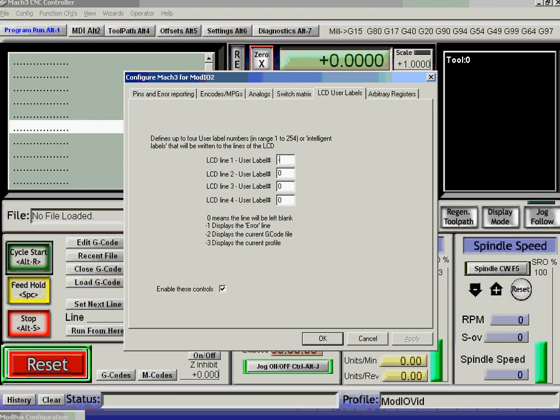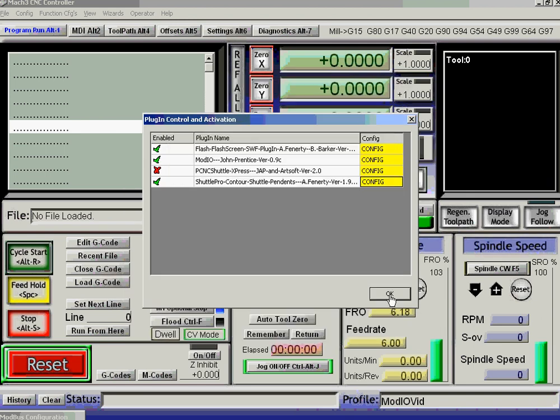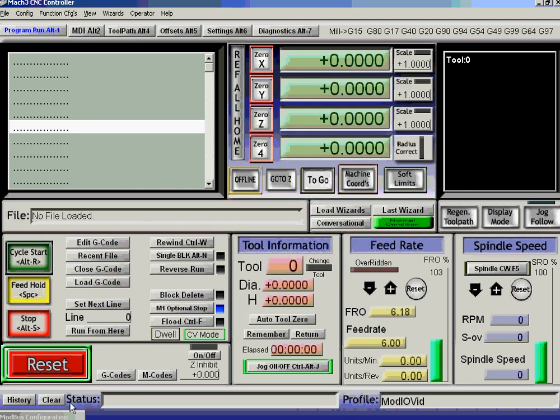So the first line of the LCD, if I type the value -1 in there and go out of it, well, currently the error line is blank, but if I do a reset, it says E-stop button pressed, and the LCD on the modIO, you can't read it, but I can assure you it says E-stop button pressed. So you can configure that. You can also find which profile you've got running, and you can also find which file you've got for the